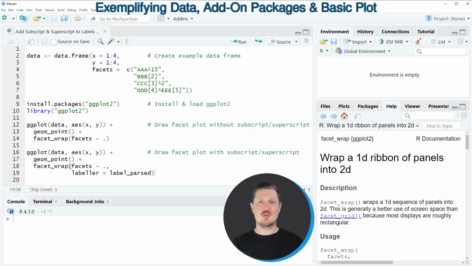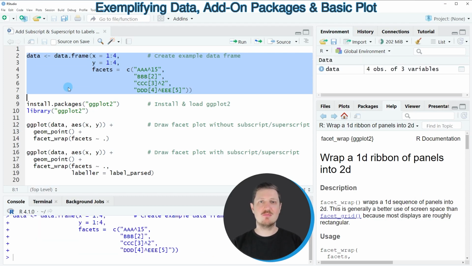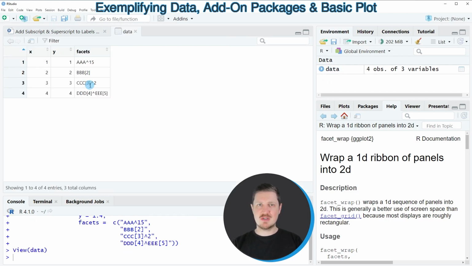In this video I will show you an example, and for this example we first need to create an example data frame, as you can see in lines 2 to 7 of the code. After running these lines of code, a new data set called data appears at the top right. If you click on this data frame, a new window is opened, which shows the structure of our